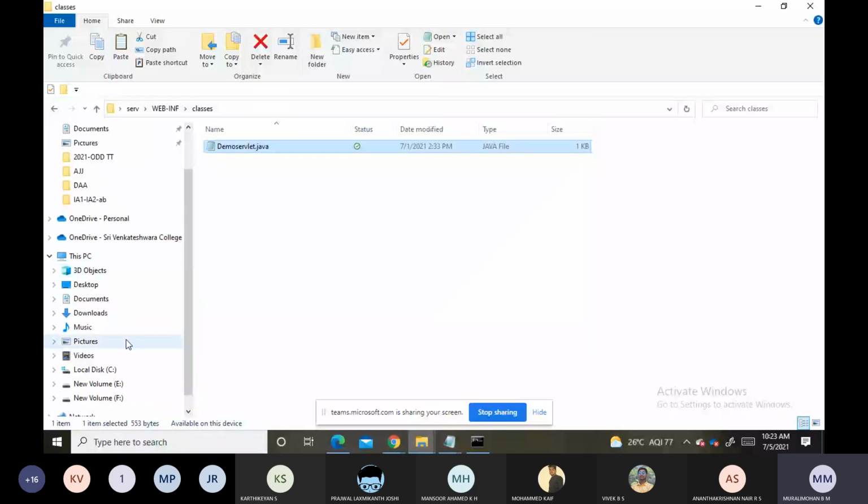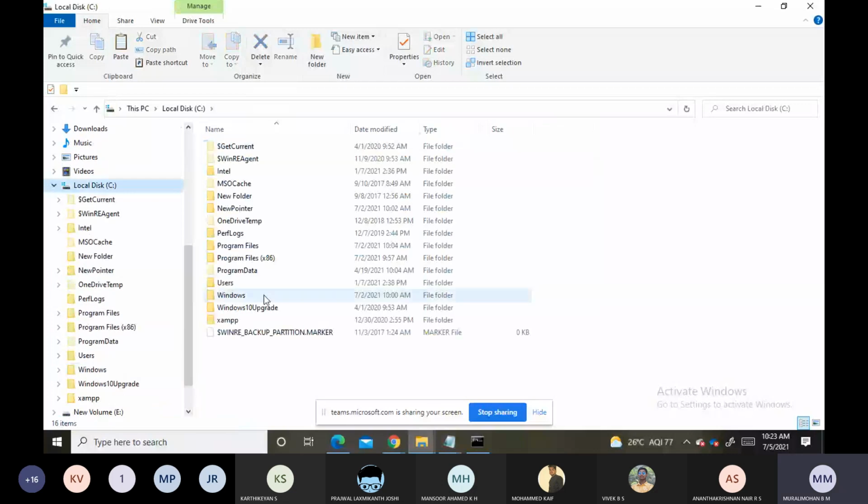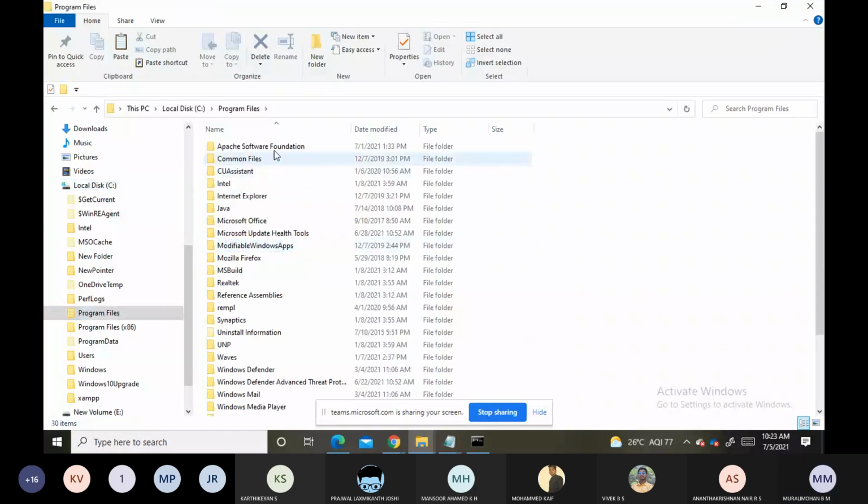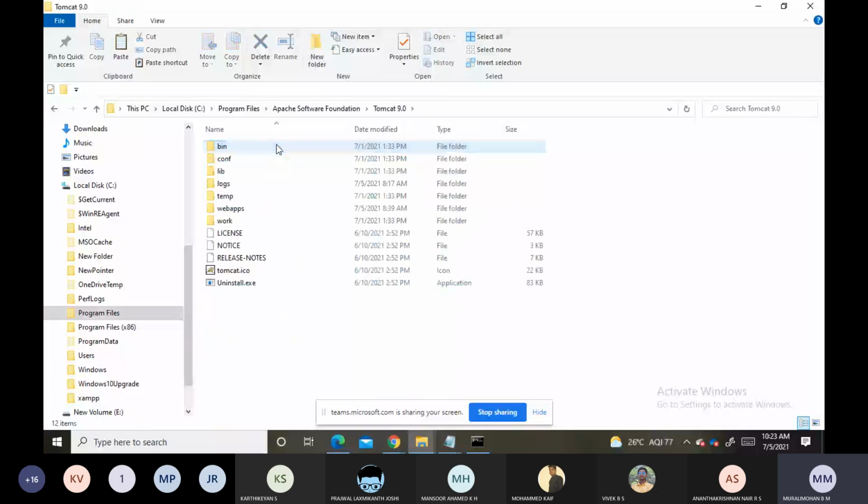Go to C drive, Program Files, Apache Software Foundation, Tomcat 9.0.